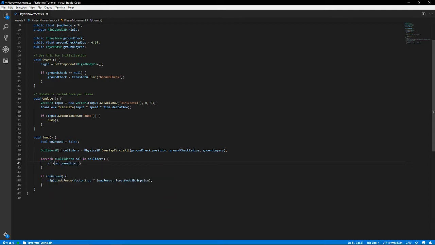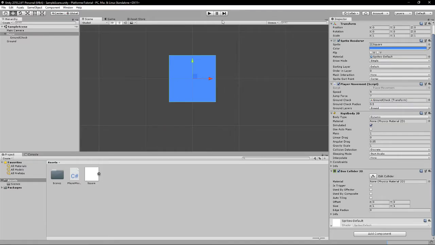if the game object of the collider is not equal to this game object, so the collider is not this player, so we can't jump off of ourselves, then we are on the ground. So yeah, this check just prevents us from jumping off of ourselves. So if we tagged ourselves with the ground layer, say you made a game that you could jump off of other players, you don't want to be able to jump off of yourself, so this prevents that. Okay, so we have this onGround equals true,